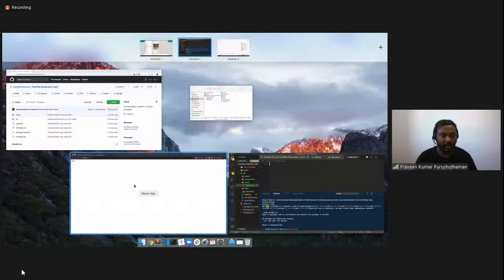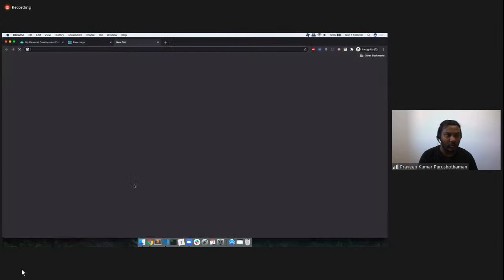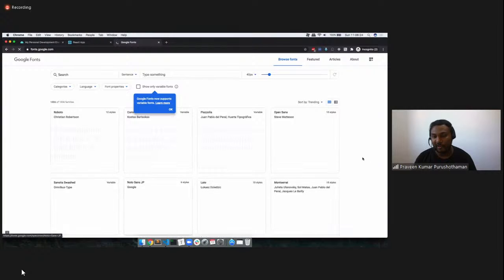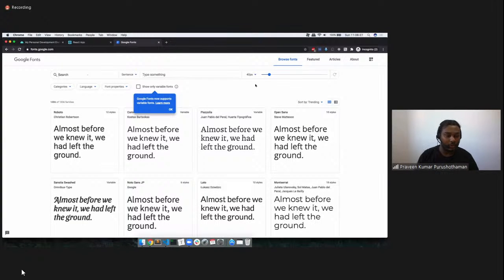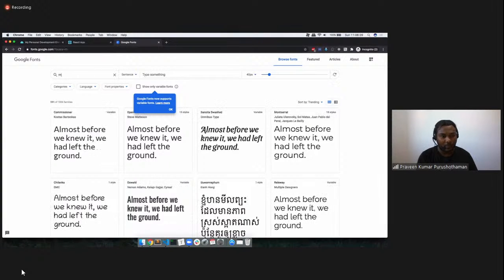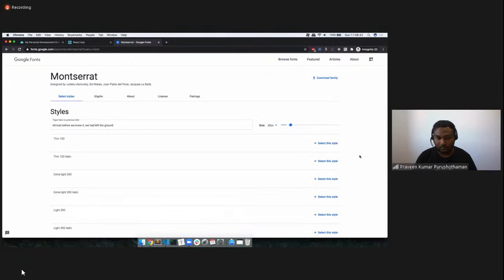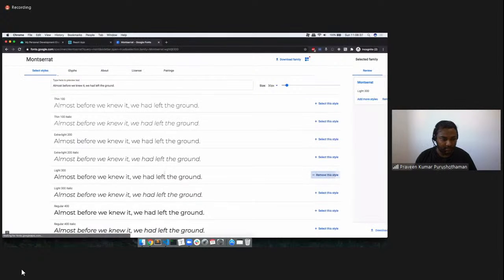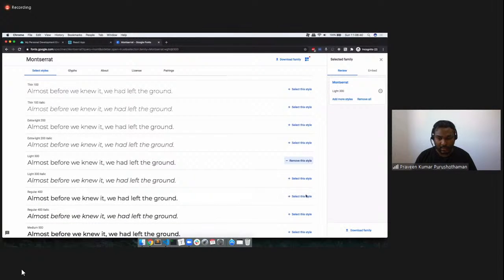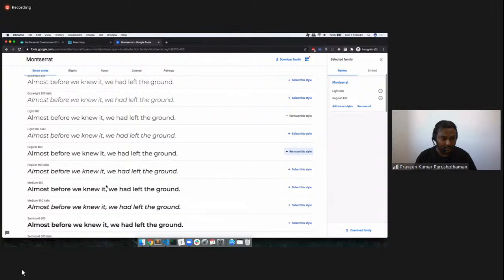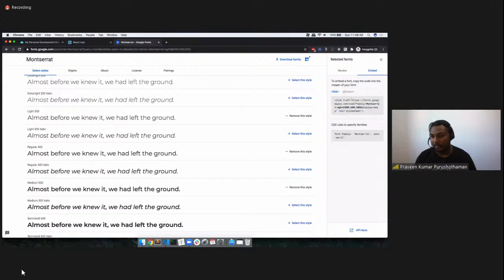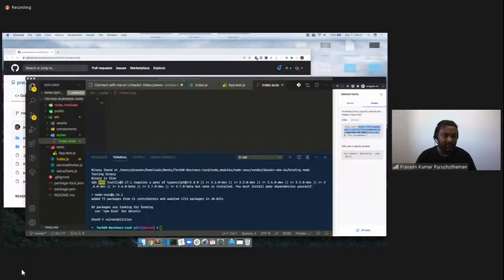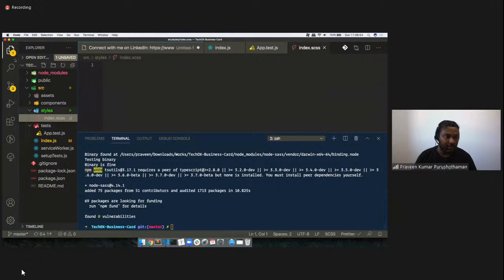let's use a good font. If I go to fonts.google.com, can you please tell me what are your favorite fonts here? I would really love to use Montserrat, and in this Montserrat I'll go with light, regular, and I'll go with medium. Then if I go to the embed part, all I need to do is copy this part, and then to change the contents,